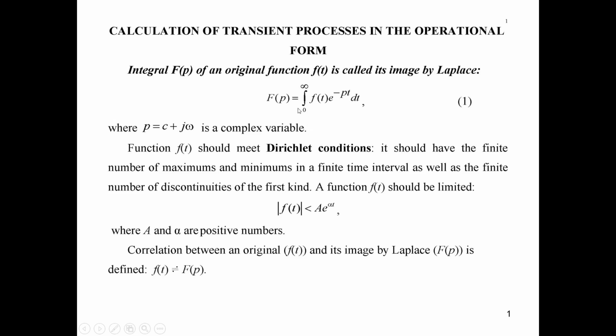The image of the function is equal to the integral from 0 to infinity of the considered function multiplied by the exponent e to the minus pt by dt, where p is